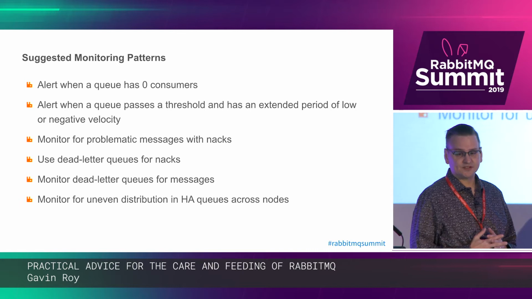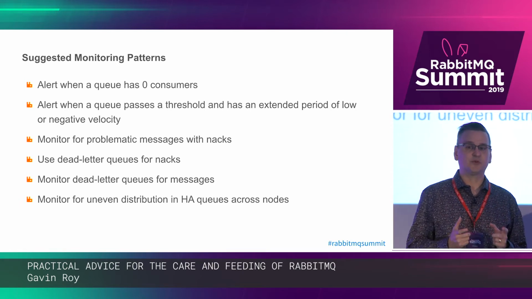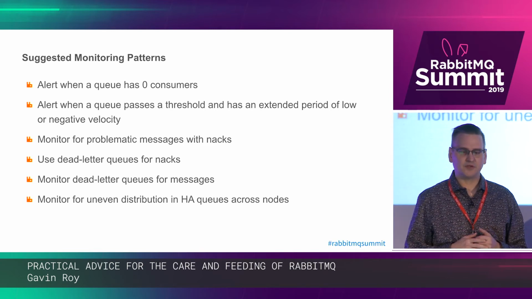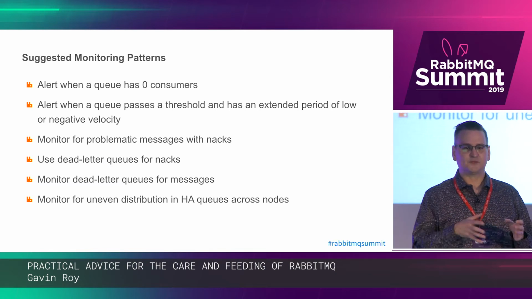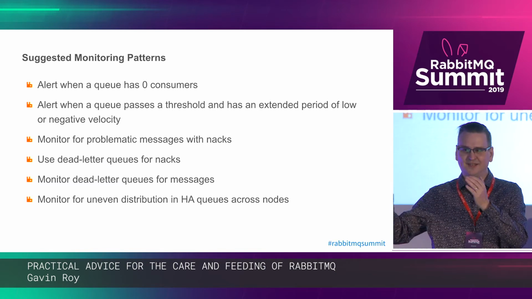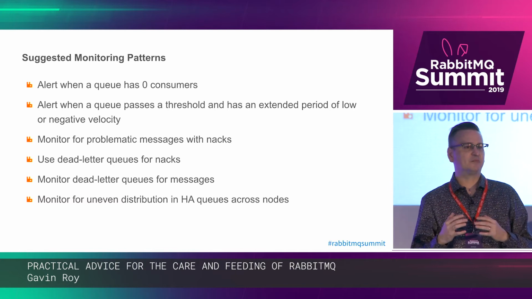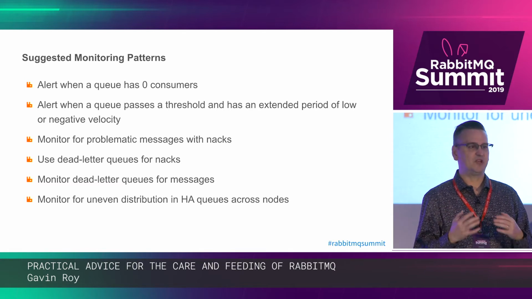So some of the patterns that I like to suggest is alert when a queue has 0 consumers. That tells you something is really wrong. If you're in an environment where you are going for the paradigm of pets versus cattle, or pets versus chickens, as I like to say when I'm in India, you can not guarantee that you're always going to have exactly the number of consumer applications that you want, but you can make sure that when something's really wrong, somebody's being woken up.